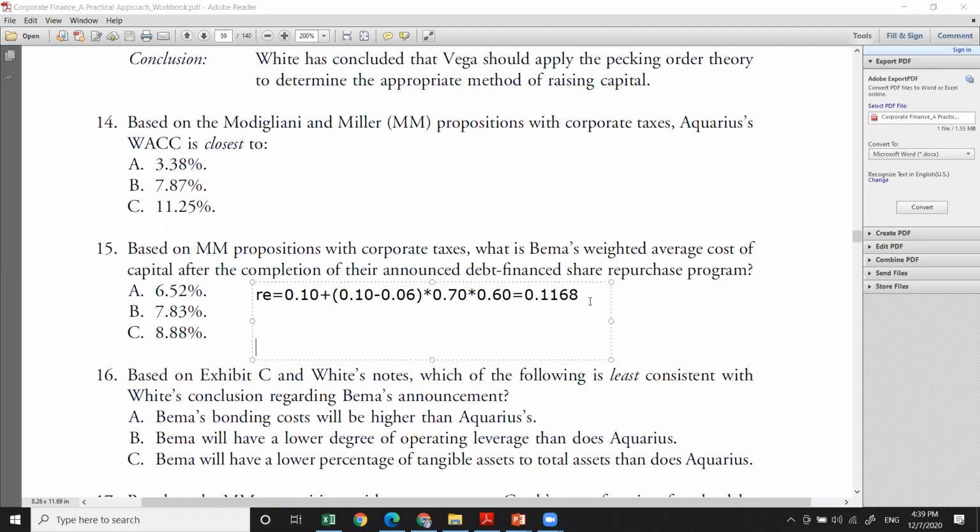The proportion of debt is estimated through the debt equity ratio divided by 1 plus the debt equity ratio, which is 0.60 divided by 1.60, times the cost of debt adjusted to the tax, plus